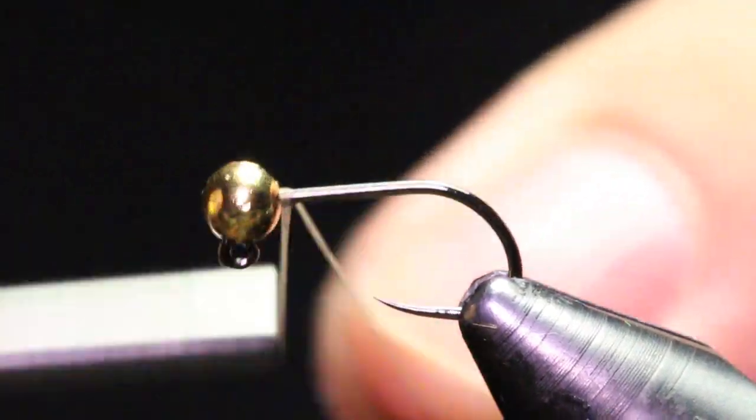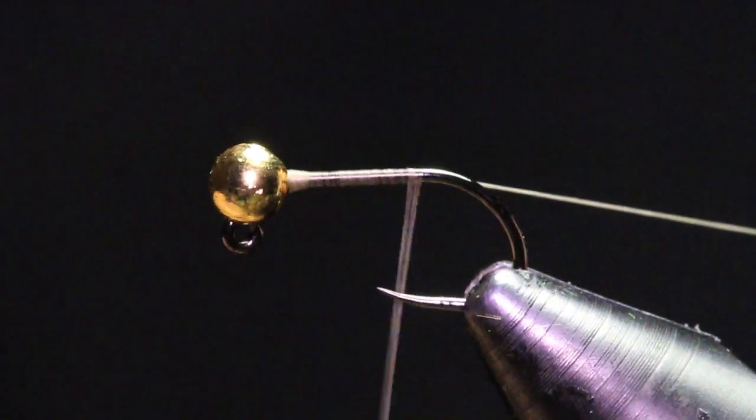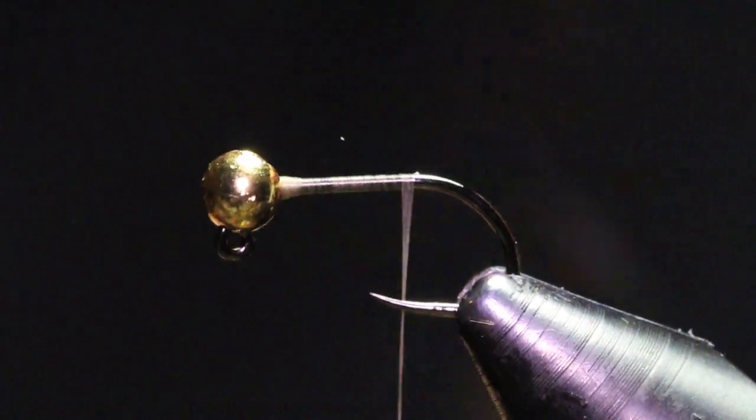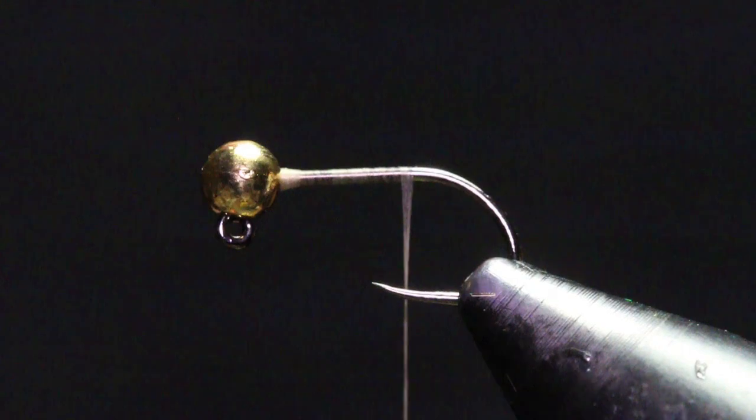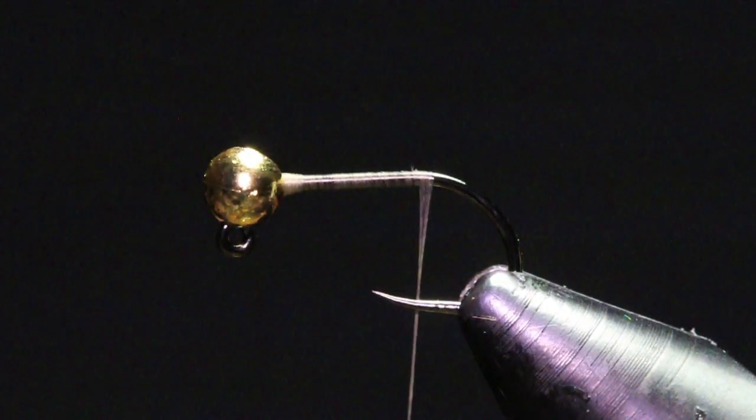I'm going to start my thread right behind this slotted tungsten bead, and I want to build up a little dam there so it doesn't bounce around on me while I'm tying. You can snip at your tag end,